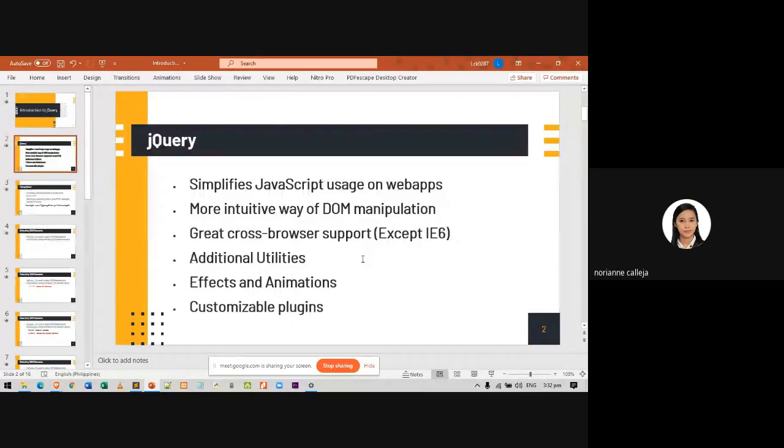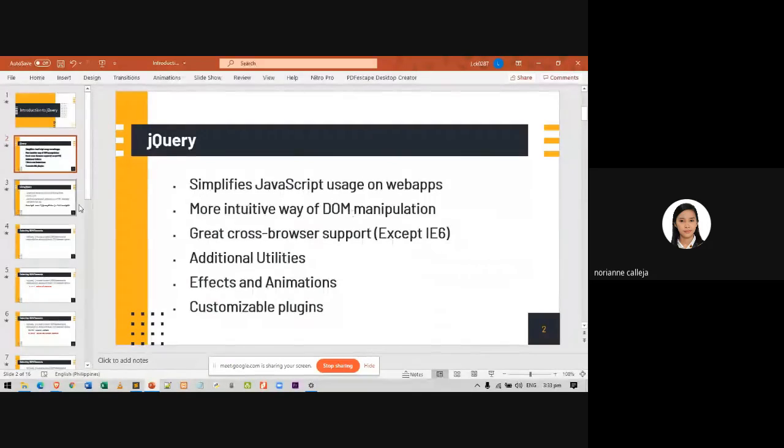And another, jQuery gives other features such as effects and animations. So not only can we change the color and size of the text, we can also use some jQuery features for effects and animations.